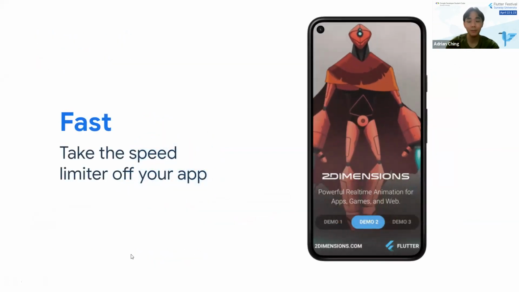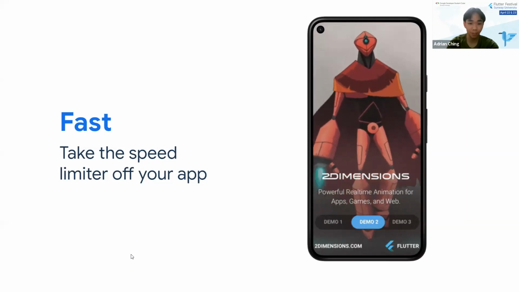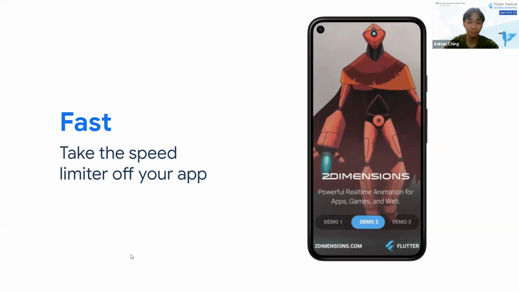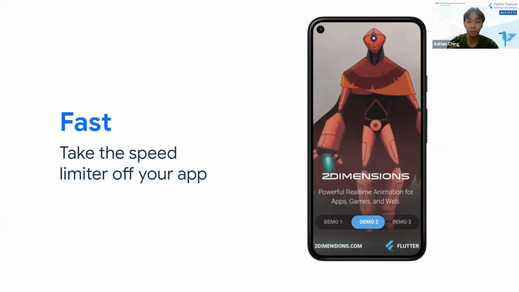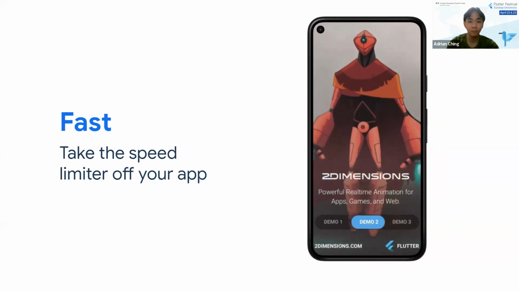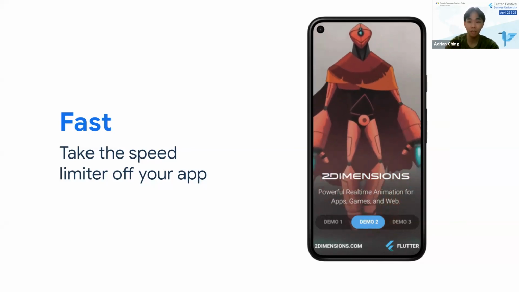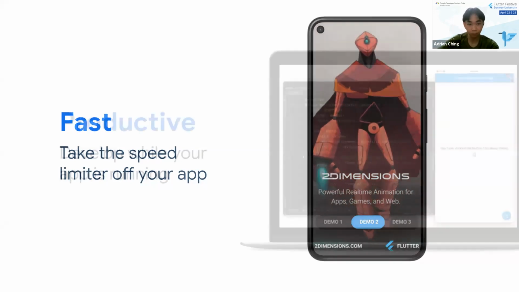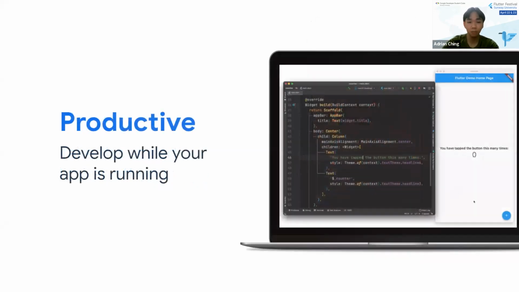Okay, so a few benefits about a Flutter app, right? Flutter apps are fast, so you don't need to worry about the performance of the app as much, because most of the time it will run smoothly without jittering or lagging, stuff like that. Also, it boosts the productivity of the developers. As you can see on the right over here, there's this feature called hot reload, where you change code and then you can see it being applied instantly.